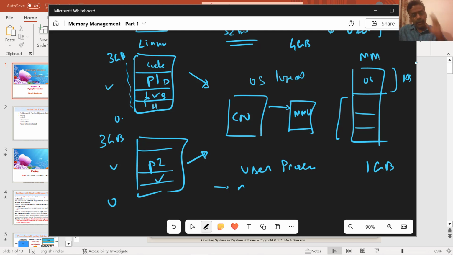Now that final executable, assume that this is the logical space it has, and assume both the processes have 3 GB of space they want to use. But in real life, you have only 1 GB of space, and that is also shared between these two processes. So what happens is, because of the locality of reference, which we already know, that at any point